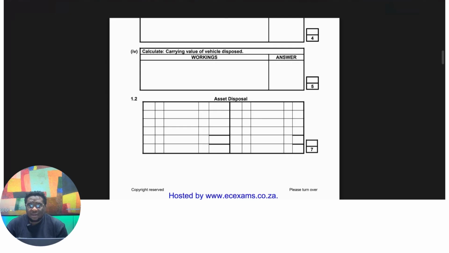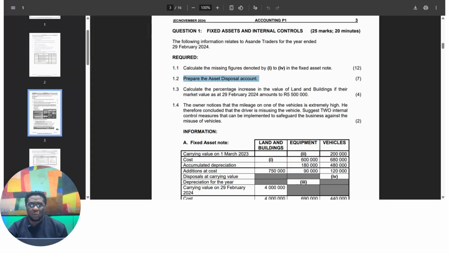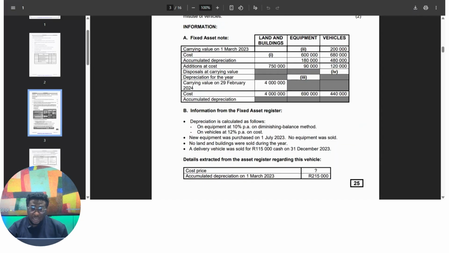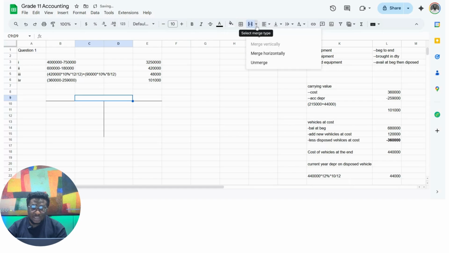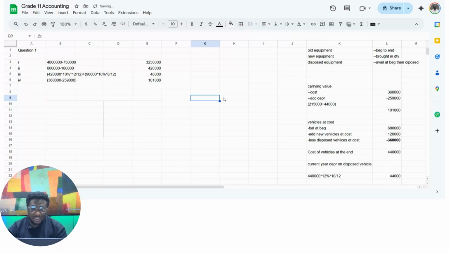Where it affects bank, for example, if we sold this vehicle for cash, then in that case we would have bank, and that would be CRJ, and that would be our folio column. Let's see how it was sold, actually. It was sold for cash, so yes, that's CRJ. Okay, cool. So let's start with the asset disposal. Now, the way in which we do asset disposal is that we do it in steps. And I'm going to go through each of these steps as I'm doing it. So, step one